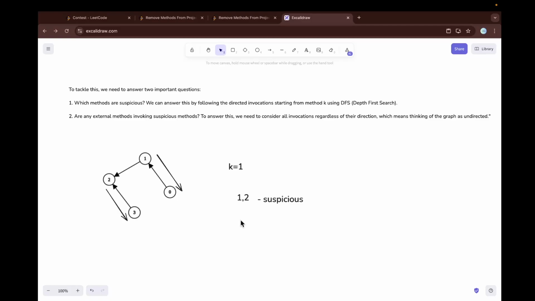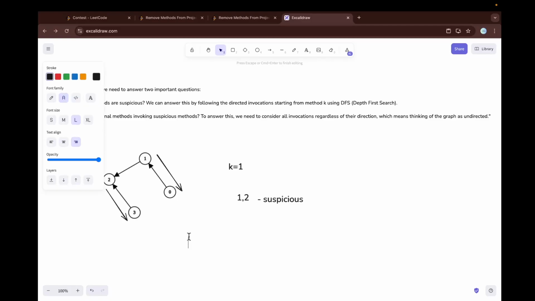Here comes the directed graph as well as the undirected graph in the picture. The directed graph represents the actual invocation. As we can see here, 1 is invoking 2. So the directed graph is representing the actual invocation. So here come two things. First is the directed graph,